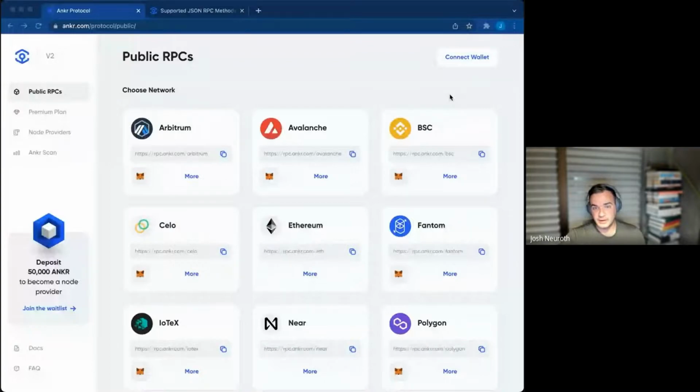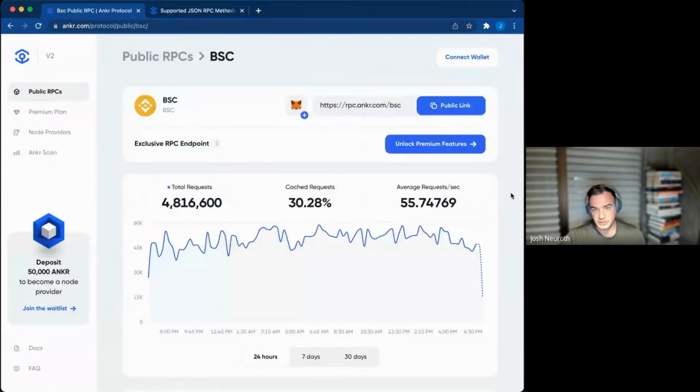So to go back here, I want to talk a little bit about this. We'll take Binance Smart Chain and talk a bit about this. So basically, a key problem in the Web3 ecosystem right now, if you were listening to what I said earlier, is that the blockchain itself is a decentralized system, which means that anyone can run a node. There's hundreds of nodes running on the blockchain.